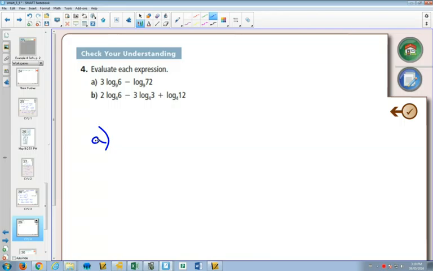but not something that you can do in your head. But often, if you use your log laws, you can put things together and you might get this into a form that you can evaluate. So we're going to see if that happens in this case. First of all, if I wanted to write this as a single logarithm, the first thing I would do is put that 3 in as an exponent. And now that I'm subtracting,